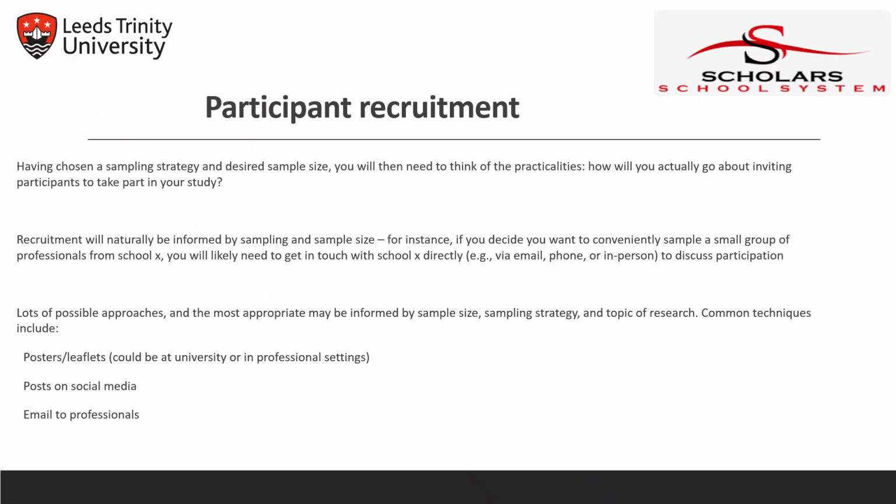Further, you can see on this slide participant recruitment. That means how researchers can recruit the participants. The recruitment of participants depends upon the sampling strategies and the desired sample size. And then you have to think about how you can recruit your participants. For example,